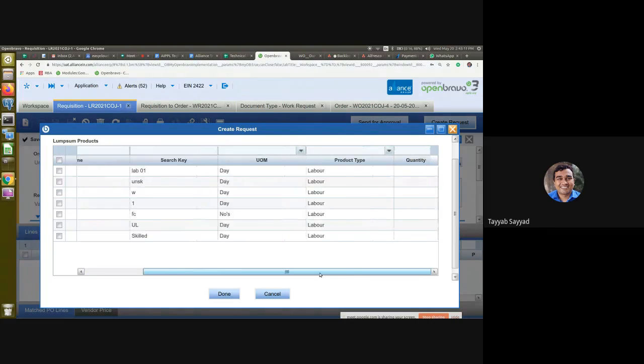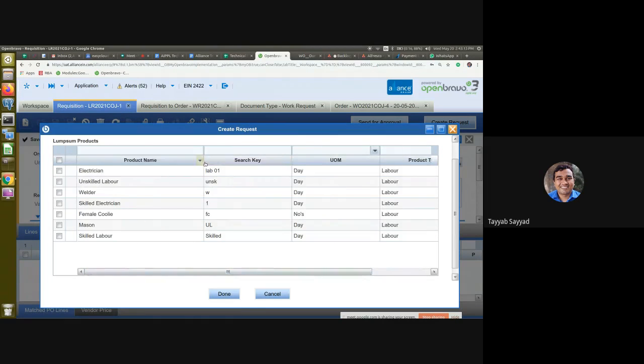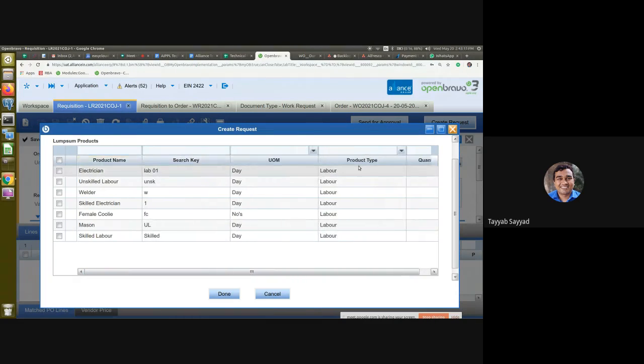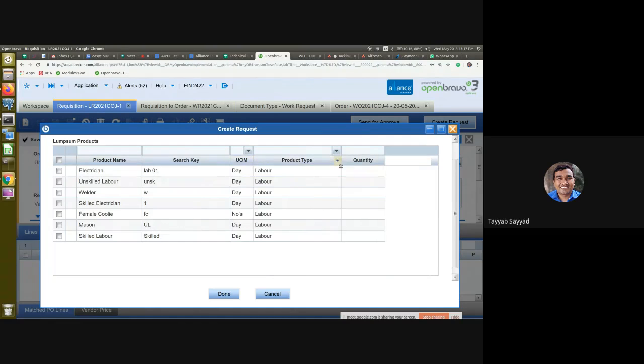Here we need to select the relevant ones. So let's suppose I need an unskilled labor and an electrician. I'll put the quantities over. Let's take 10 days for electrician, and for unskilled labor I need 15 days. And I'll click on done.